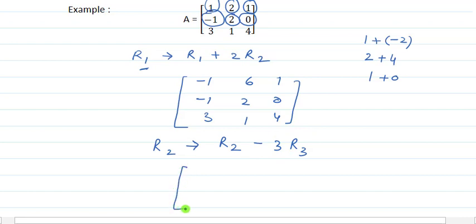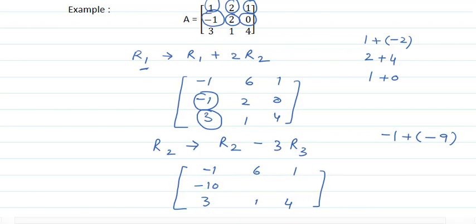How can we do it? Let us write it. There is no change in R1, so R1 will remain as it is because we are applying on R2. Again, there is no change in R3, so we can write R3 again as it is. We need to apply change in R2 only. So let us apply the change. This element of R2 will be added to minus 3 times of this element. Means we are getting minus 1 plus minus 3 times of this element, which is minus 9. We are getting minus 10 over here.